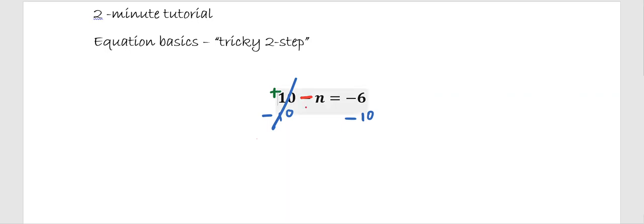But in doing so, we're going to have to be mindful that everything else on the left side of the equation, that subtraction sign included, is going to carry down, and it's going to give us negative n is equal to. Now be careful with our negative 6 minus 10 over here on the right,